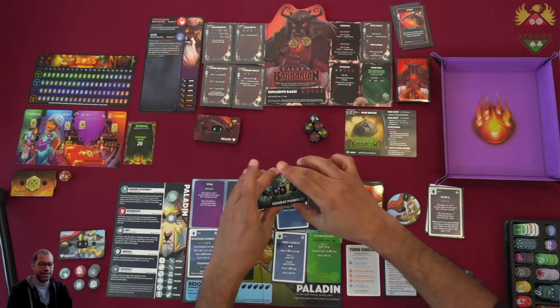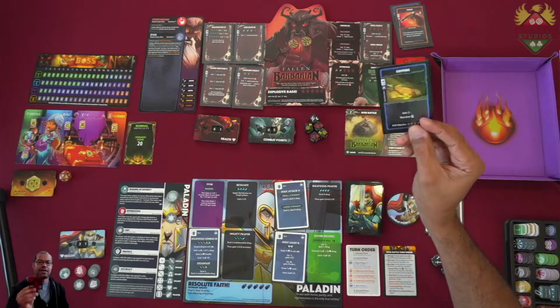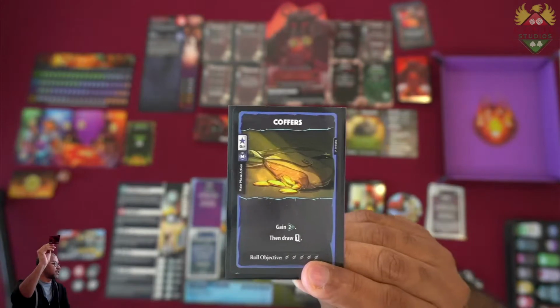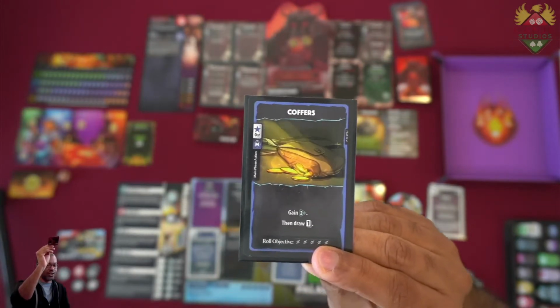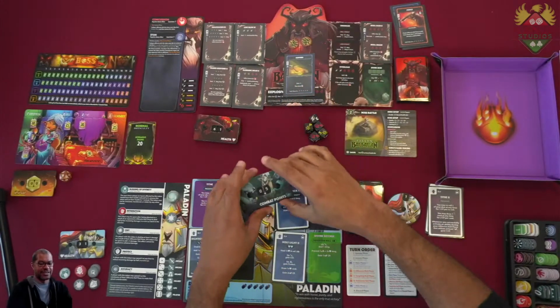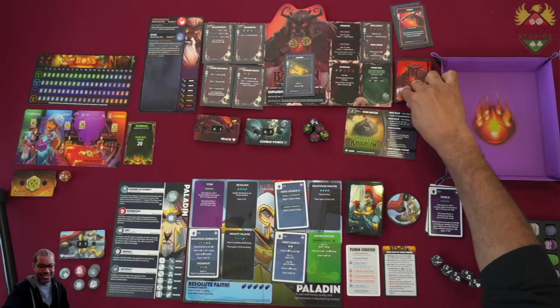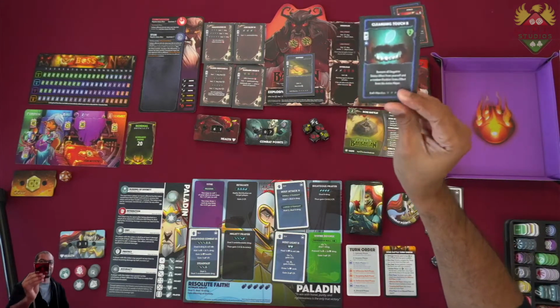This guy is ultimate. And he's got this that costs 0 CP. Gain 2 CP, then draw a card, and that's your roll objective. So he goes to 7 CP. And he draws a card. Draws another card,